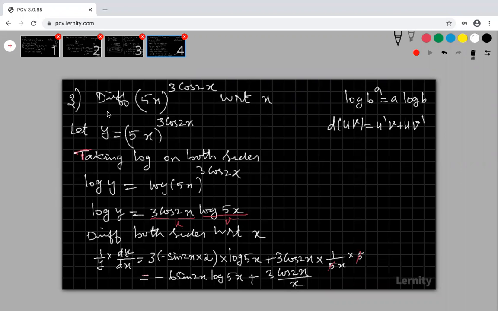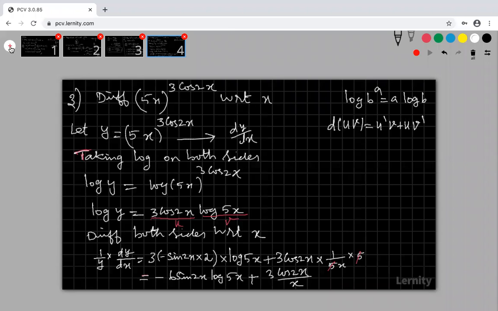Right, but look at the question. What is my question? Differentiate this function. This function is y. The derivative of this function is dy by dx alone. But look at the left hand side, I have 1 by y of dy by dx. So therefore, I need only dy by dx. That is the derivative of the given function. So therefore, you bring this y also here.